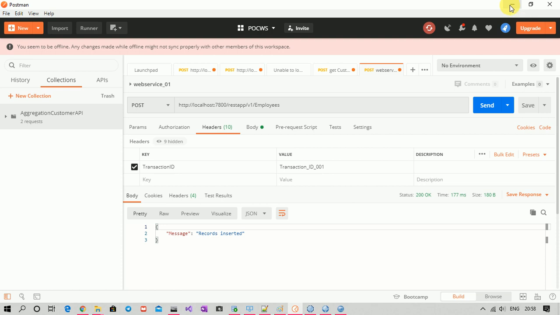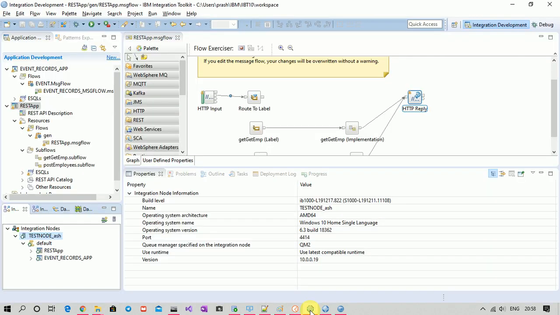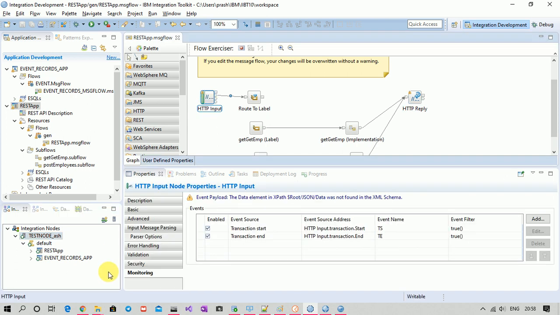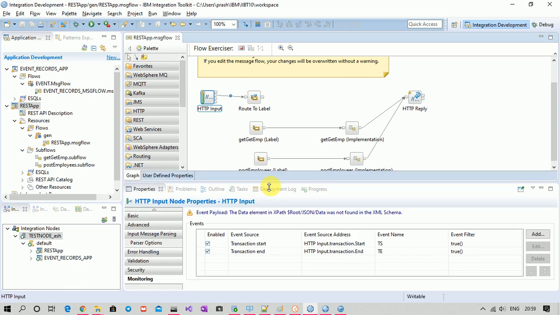In my next video I will be explaining how we can configure monitoring without using these node properties, right? There we will use event monitoring profiles. In that case we don't have to provide anything here. We'll create some profile and run some commands so that my monitoring will be configured. So for this particular lecture, we have learned what event monitoring is and how we can configure it using the node property.